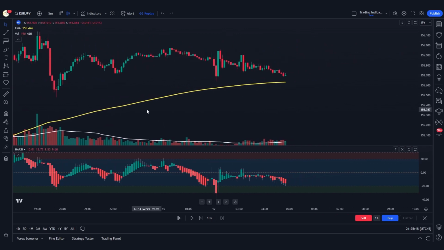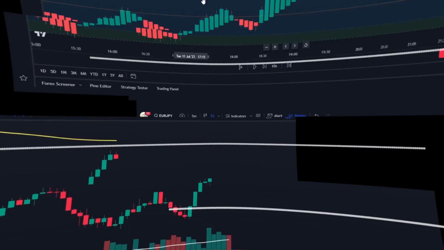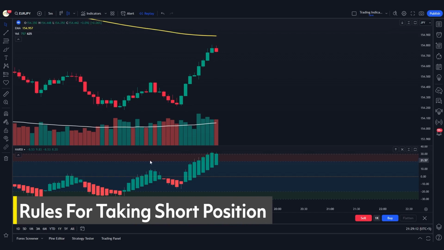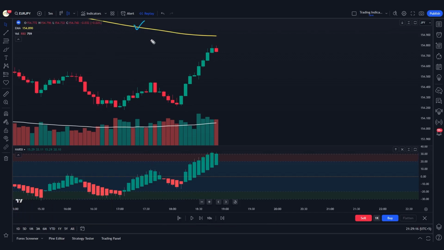The rules for taking long and short positions are as follows. So the rules for taking short positions are as follows. First of all, the price action must be happening below this 200 period exponential moving average. That would mean that the market is in bearish momentum. And the second thing that we need to check is there is enough sellers volume. So if the candle is red and it's crossing above the 30 moving average,